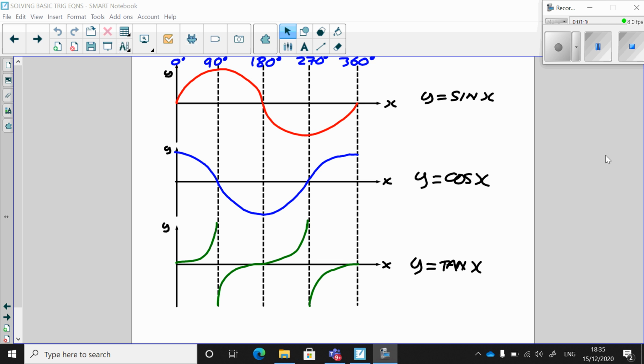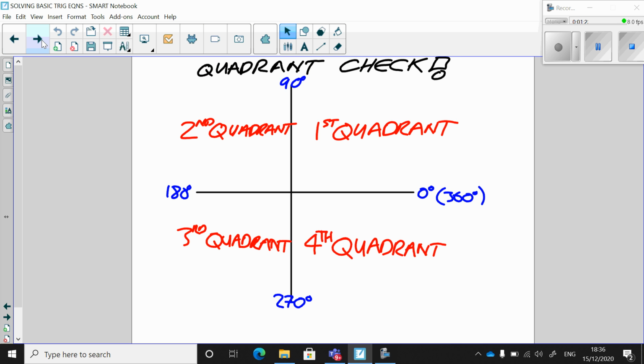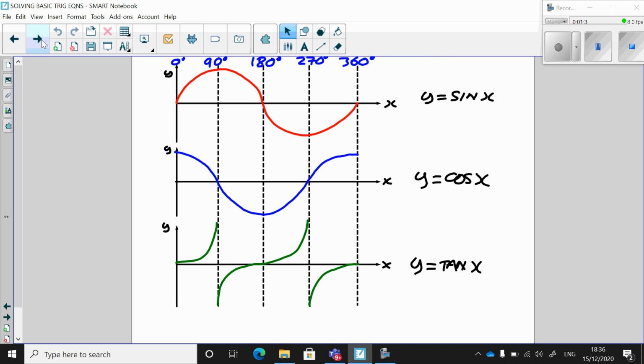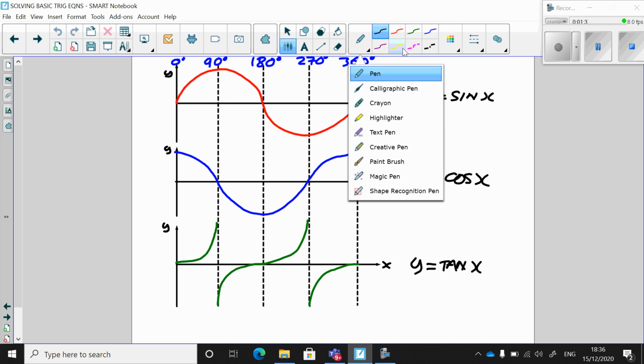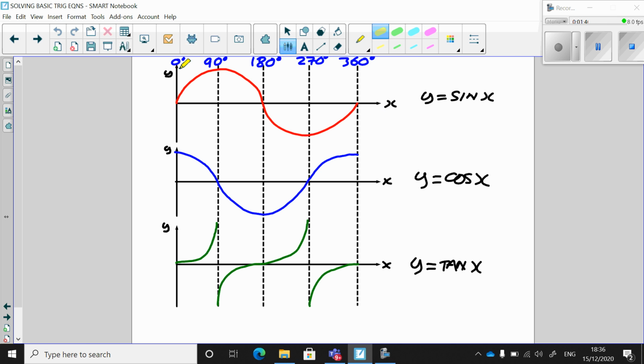Let's look at this thing called the quadrant check. The quadrant check relates back to these four regions here. What does he mean by the quadrants? Well,